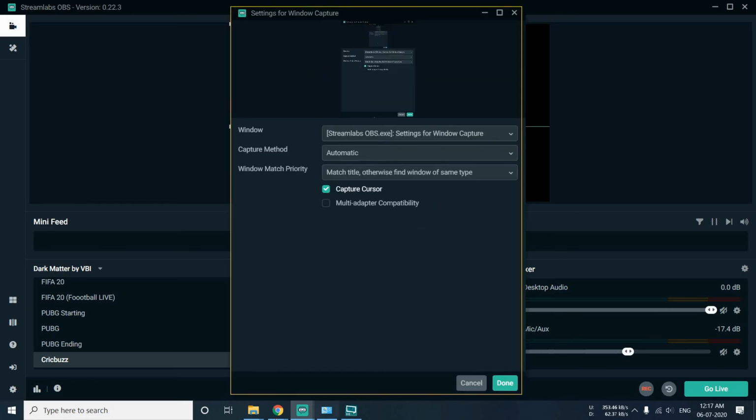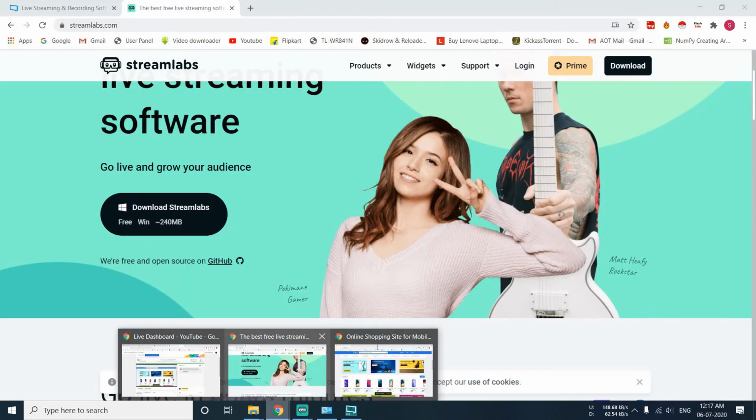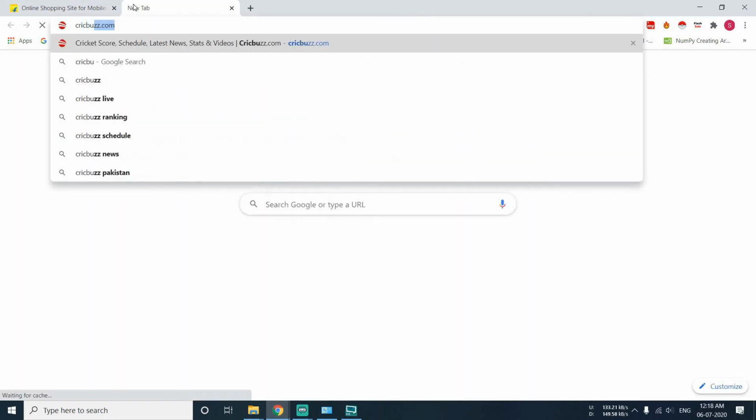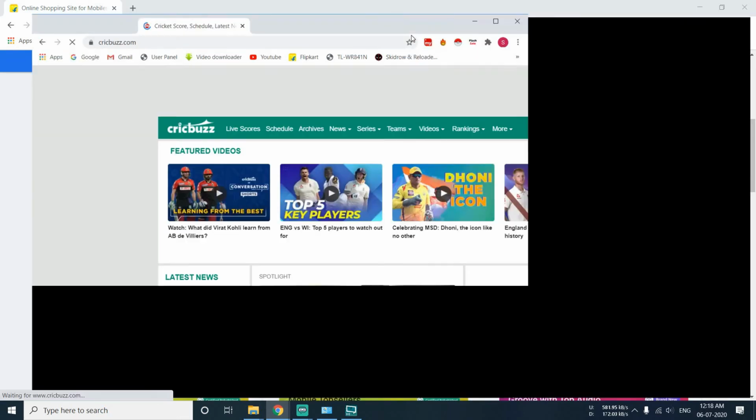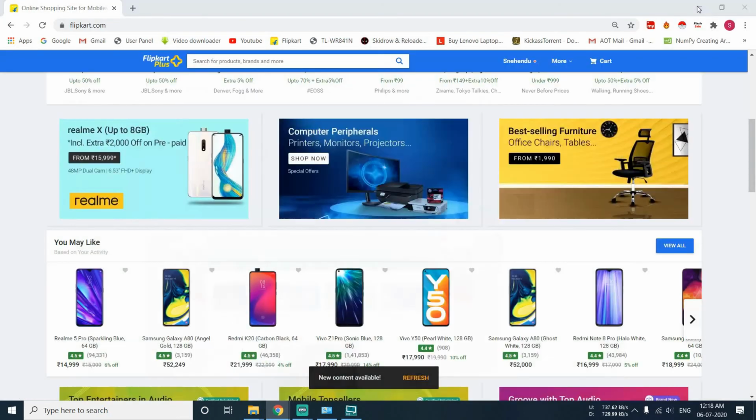Yeah, so I have added a source. Now let's say I have opened Creek Buzz over here like this. Let's say I've opened it in a new window.